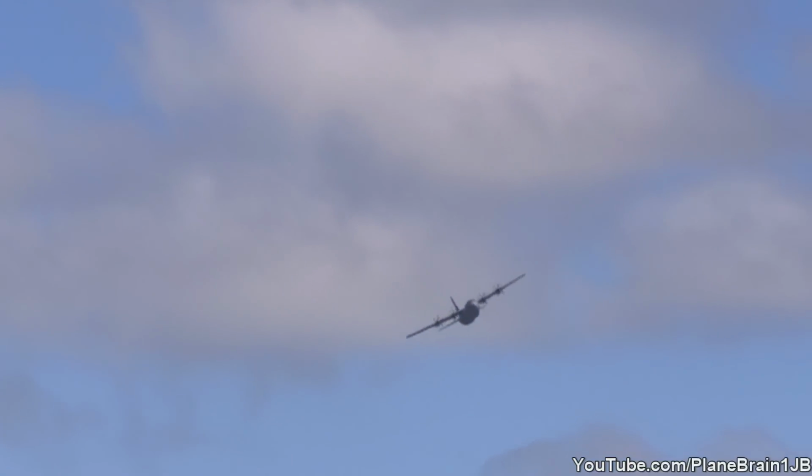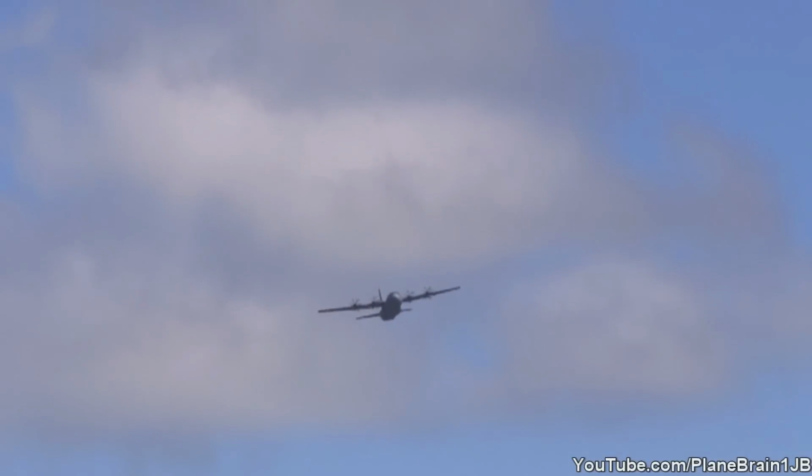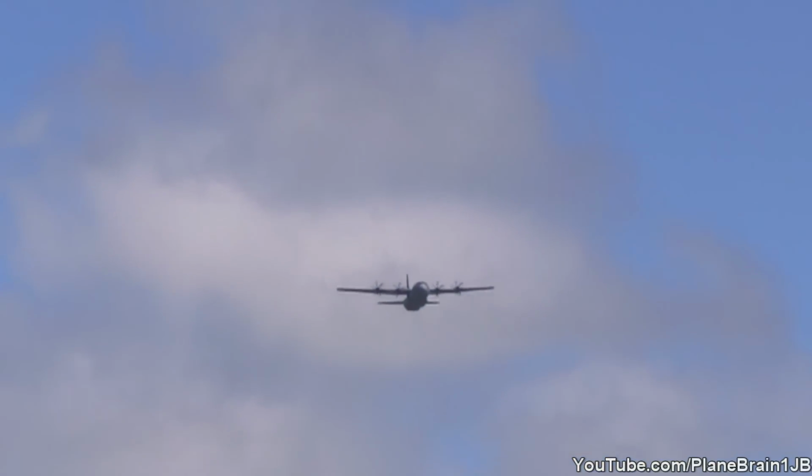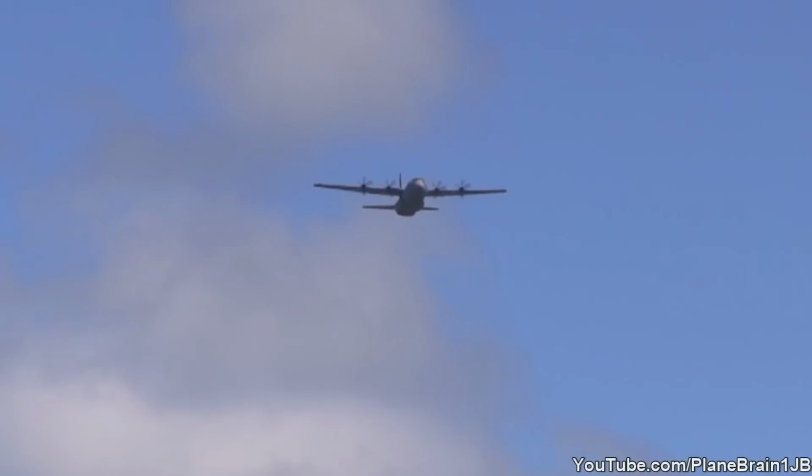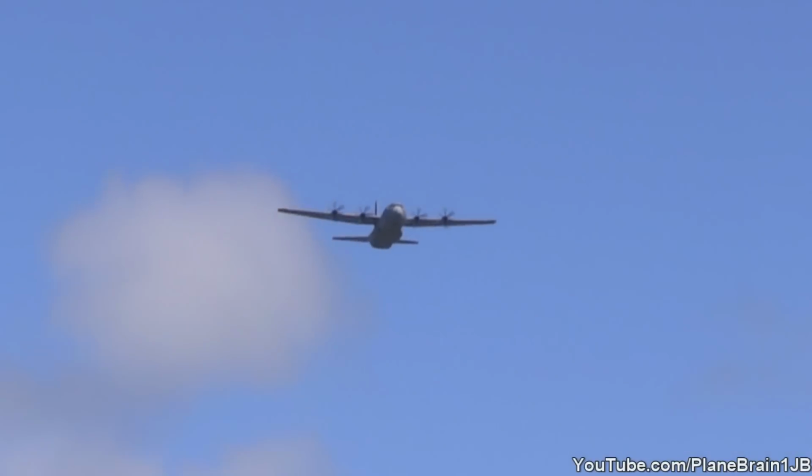But it's not just the military who uses the C-130. In over 50 years of service, the C-130 has participated in not only military action, but civilian and humanitarian aid projects as well. High overhead now, the C-130 will make another pass, and just imagine,